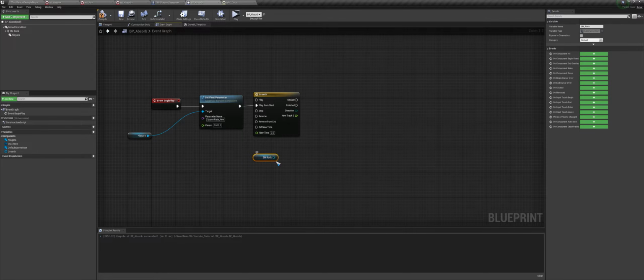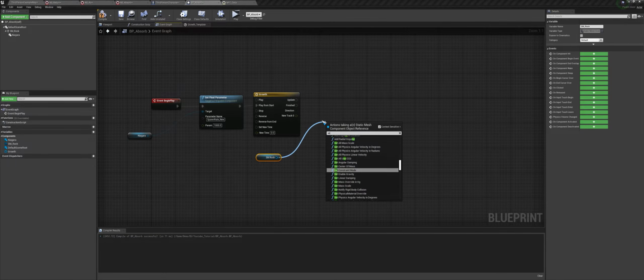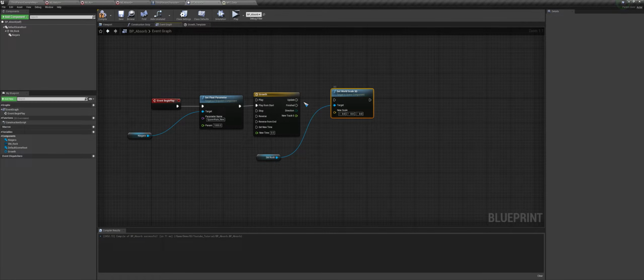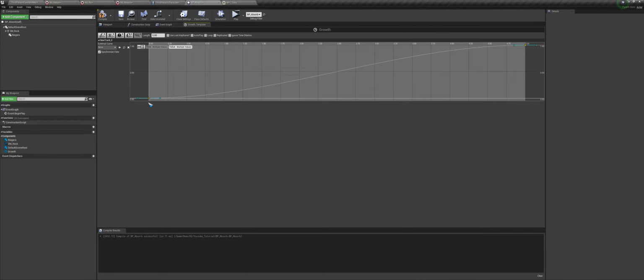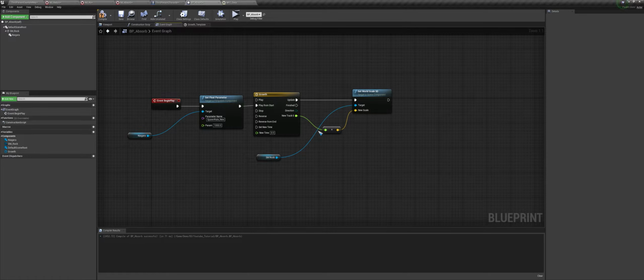Now we will just type in set 3D world scale, and I will connect this here, and I will connect the new track to the scale. So we actually need the opposite of this here. First we need to start from 1 to 0, so it will kind of shrink.